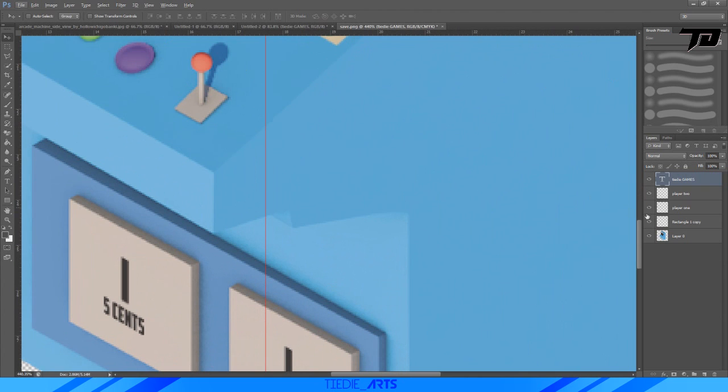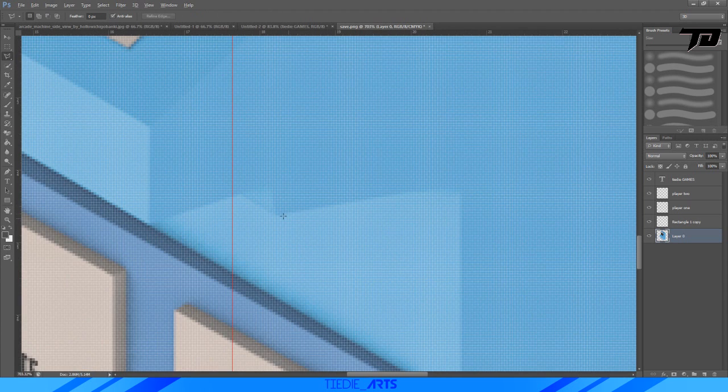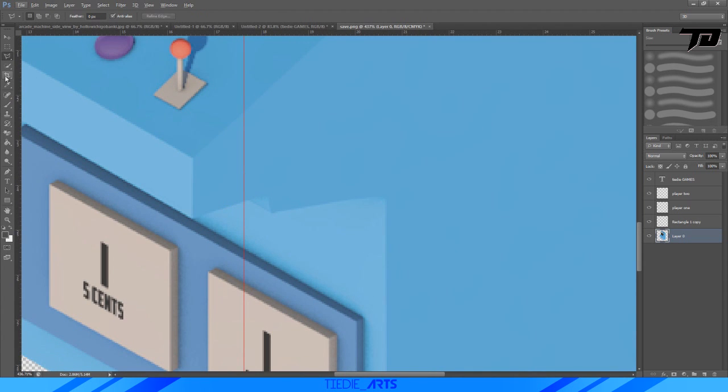And then there's a few things that I kind of wanted to do before I ended this. Of course, I want to touch up this arcade machine. So to do this, I want to go to the polygonal lasso tool. And this might not even be the case with yours. This is just if it does manage to happen. And since we're dealing with all straight lines here,